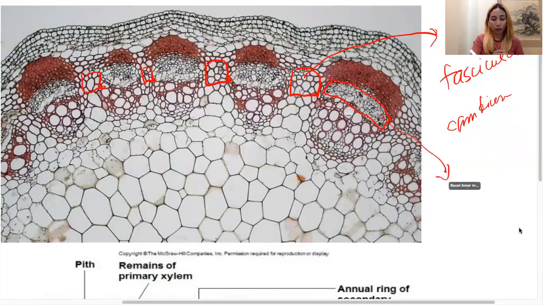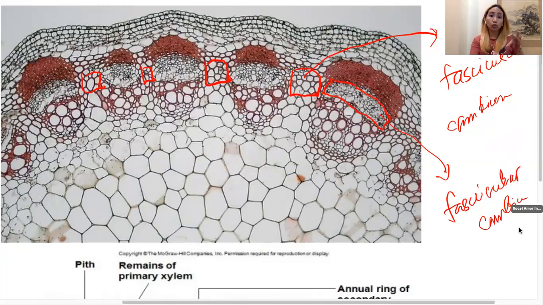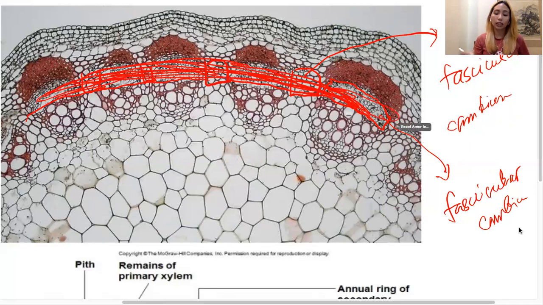So we had the procambium, then it became residual cambium, and then it gave rise to the fascicular cambium, right? So these two will eventually fuse together. The interfascicular cambium plus the fascicular cambium will eventually fuse, okay? So they fuse together, and that will give rise to a continuous layer of meristematic tissue, and this is what we call the vascular